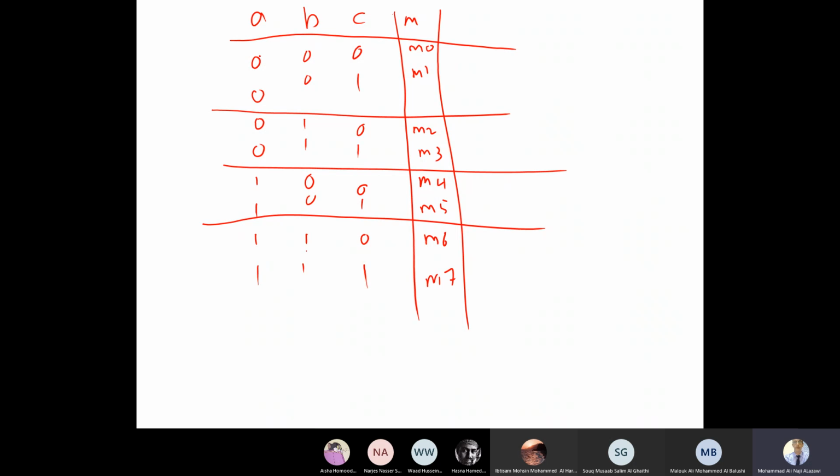Now the terms. Here, as I told you, every zero will be inverted. So this is A prime, B prime, C prime. Okay, this one, A prime, B prime, C. Why C? Because this one